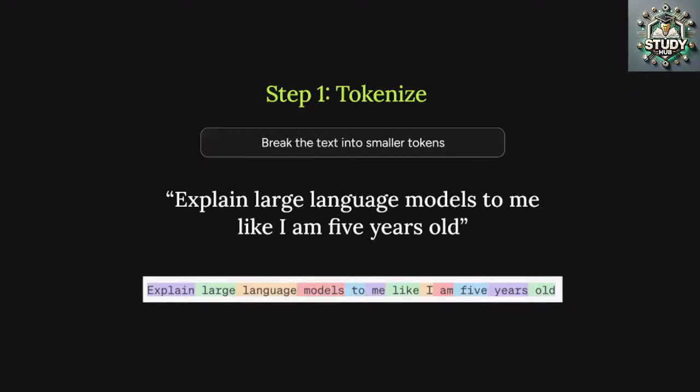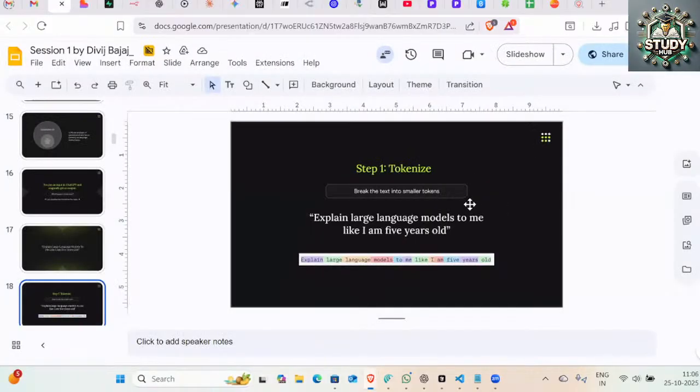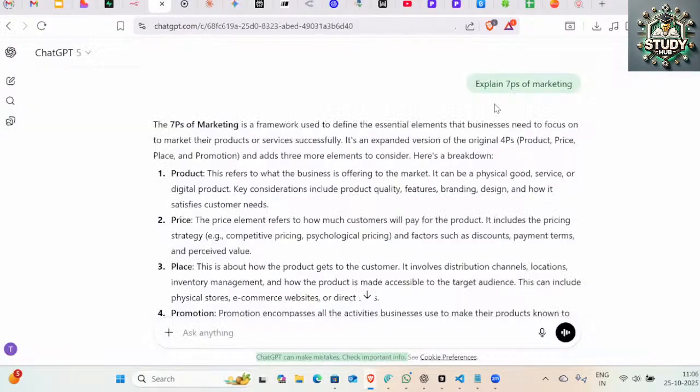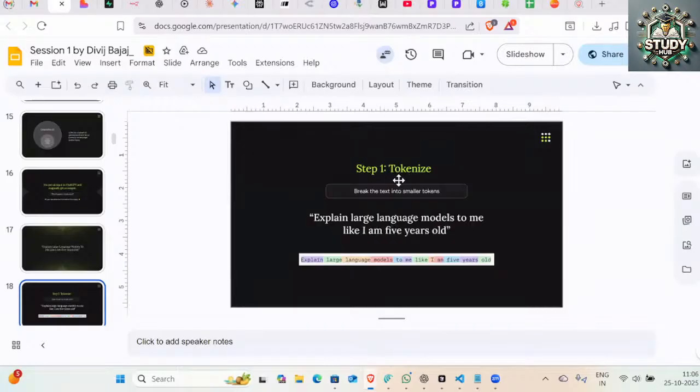It says the breakdown of my text into smaller tokens. That means my text will be broken down into smaller pieces. I'll come to this example once we reach there. As soon as I input something, all of these words get broken down into single tokens. Now what you have to do is ask why and how on each and every slide. I don't want you to just get the definition, I want you to understand the mathematics, or you can say the crux of this tokenization.